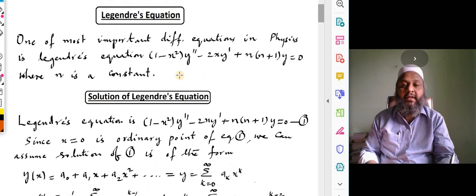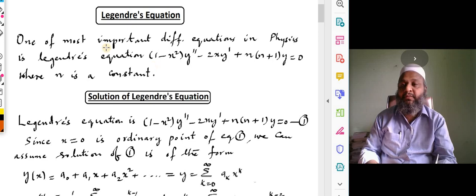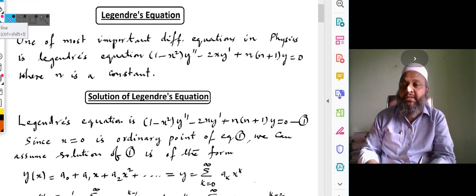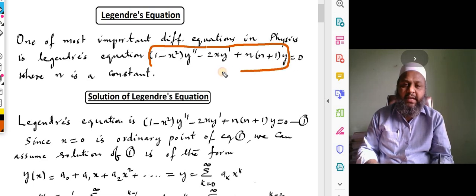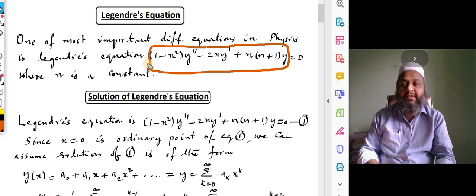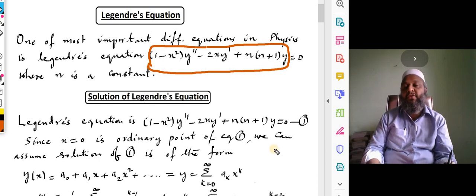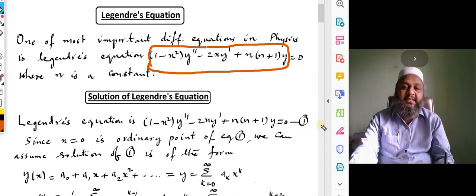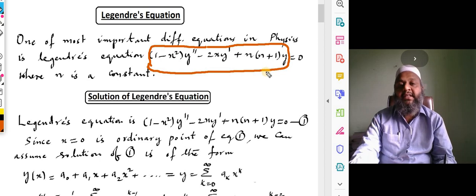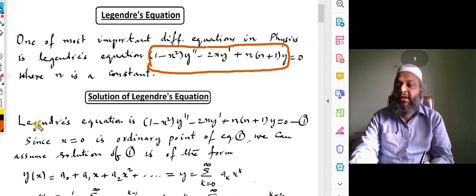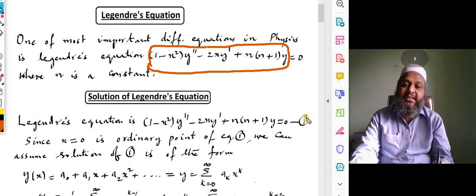now you see here, this is Legendre's equation. Okay, better I'll pick up a pen. Now this particular 1 minus x square into y double dash minus 2x into y dash plus n into n plus 1 of y, this particular differential equation, we are going to call it a Legendre's equation. So to solve in general, let us take a power series. Legendre's equation is this one.